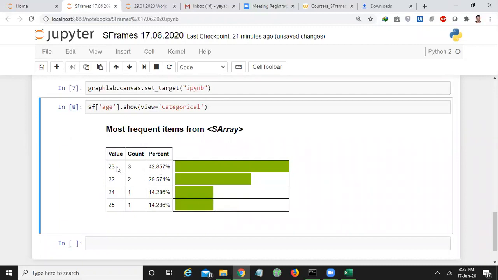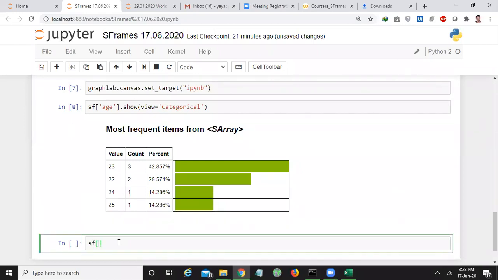For age 23, it is 42.857%, and for 22, it is 28.57%. Similarly, for 24 and 25, it is 14.286% each. That is the percentage of distribution of each age value out of the entire data set.